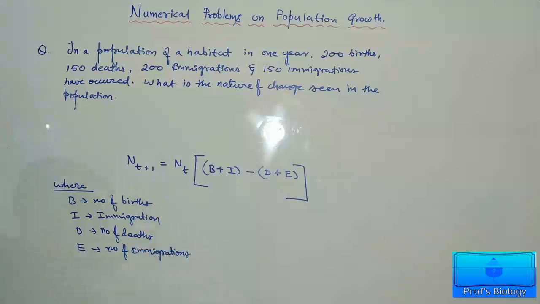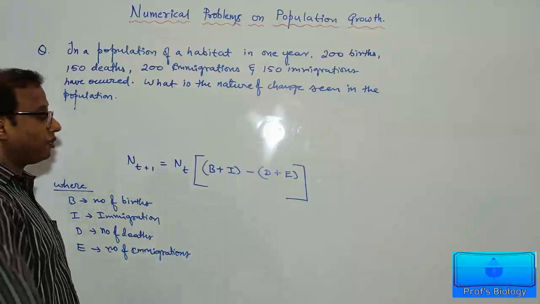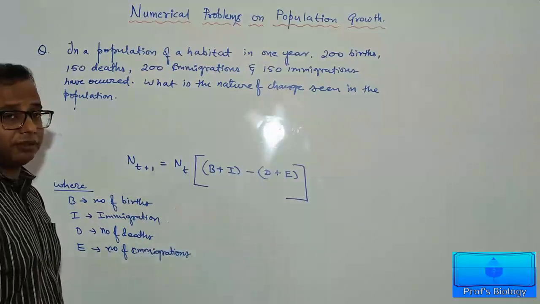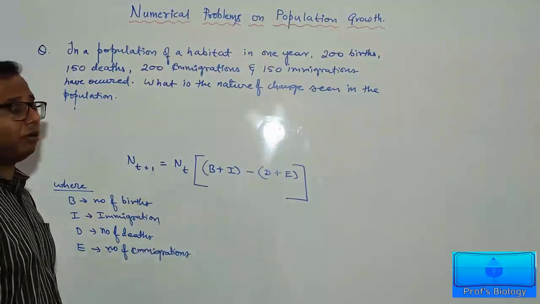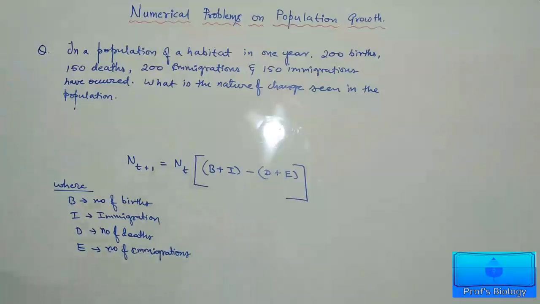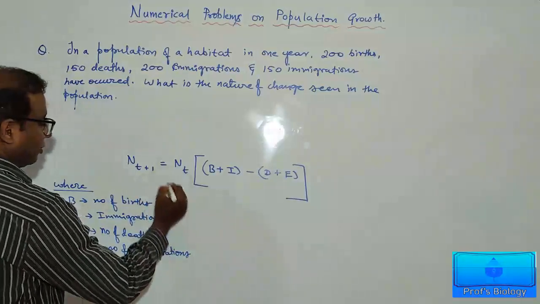So this is how we can find out the influence of all these factors: birth, death, immigration and emigration on the population. So substituting the values in this equation,